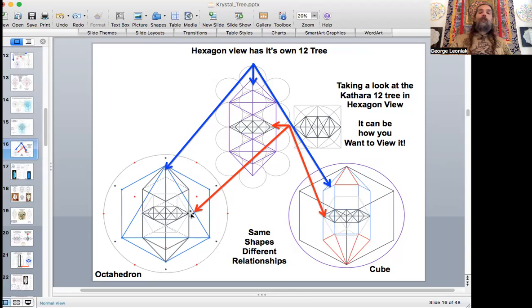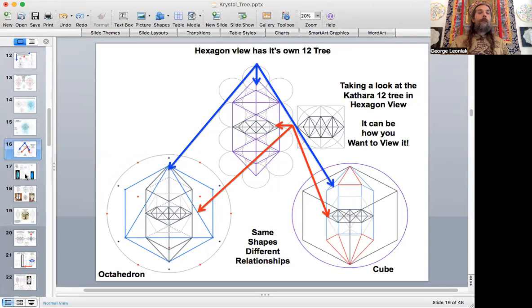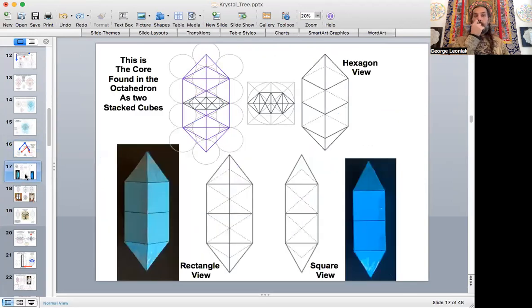Where this over here shows you that the octahedron can be the same shape, it's really just a square within a square. All right, that's the best I think I could do in trying to describe that, but I'll continue on. Maybe some of these things will illustrate it. So we're just going to look at this core found in the octahedron. And if you look at this core, here is the square plane. And if that's a square plane, and these rhombic diamonds now are square planes,